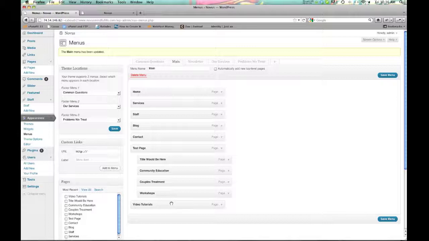It's got a neat little drag and drop feature. Just put that little hand over it, click on it, don't release the mouse, drag it up, put it under the parent menu. So services is the parent, and make sure you get that little indent. See that little indent with the dotted line that goes around that gray box? That's what we want. That means it's now the child to this parent. So if I now save,